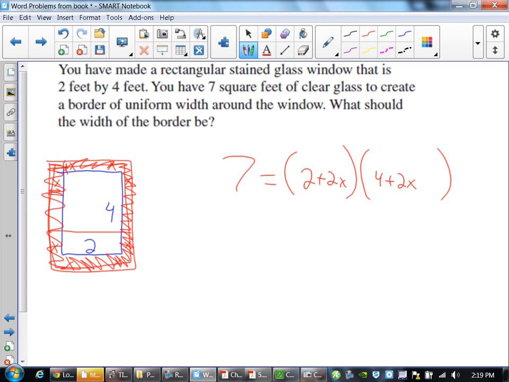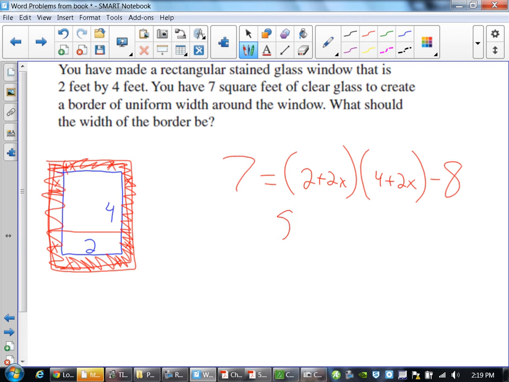That's what I get for trying to move things around. That whole area was 7. That has to equal the big picture, including its frame, minus the picture. That had an area of 8. That's all. So then when I foiled it,